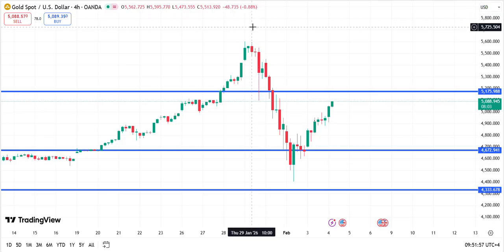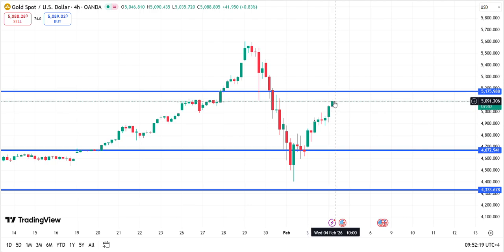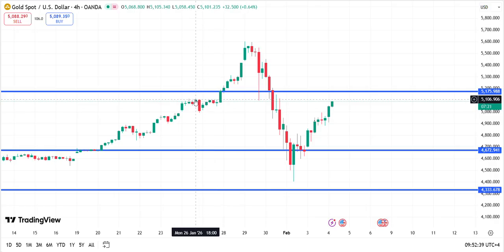Now, what is the scenario for the day and for the coming few days? Let me just break it down for you so that we can know what is happening in gold. This area in the gold market is a very crucial area. If you see, this is at its key resistance area. This is where gold will decide whether the market will break above and go further upside, or go to the downside. Breaking this key zone will be the deciding factor.